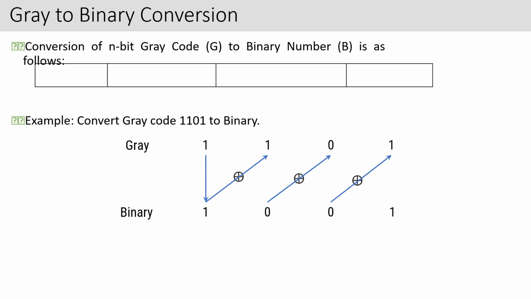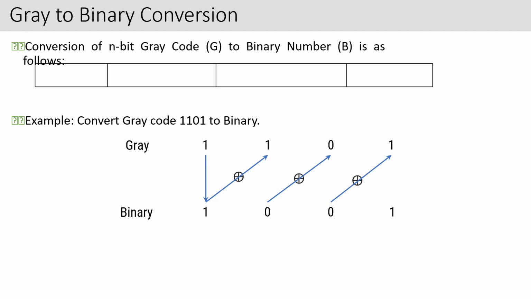Now this conversion is important. You can get so many examples based on that. And if someone is asking you to identify the gray code and the binary code, it is as simple as this. You just have to see the base. If there is no base given with the number, then it is a gray code, or else it is a binary code. Okay, and this is the conversion of it.